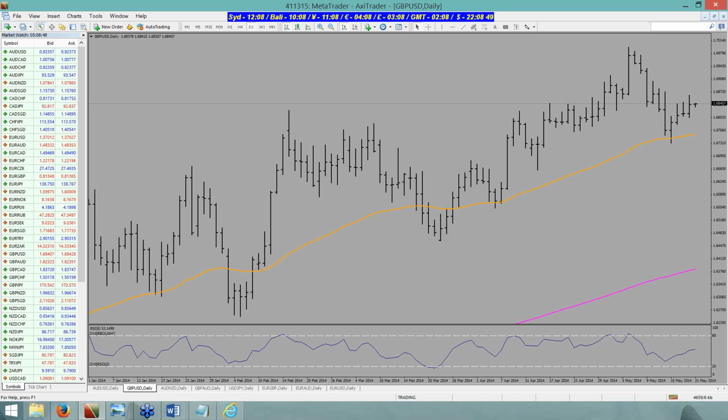Could you confirm that we need to see divergence at the end of phase 1 to trade phase 2? Yes, absolutely. You need to see divergence. It's a must-have on your checklist.